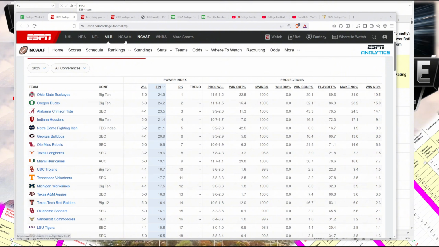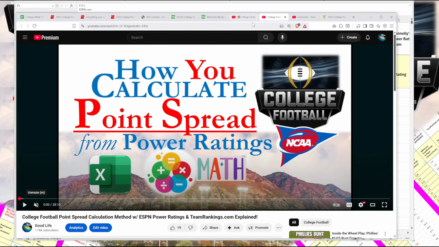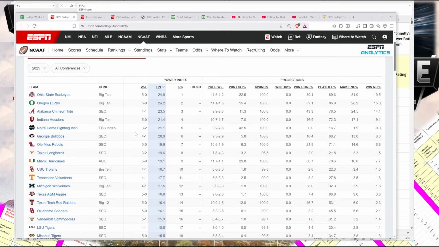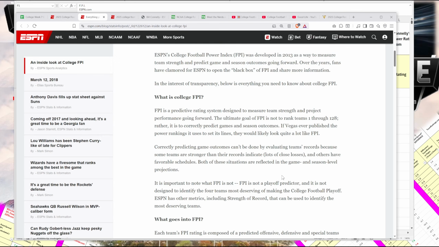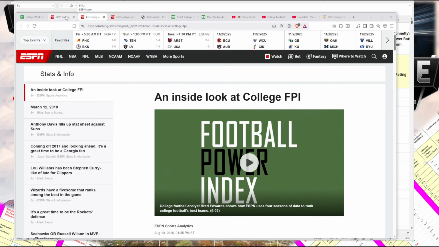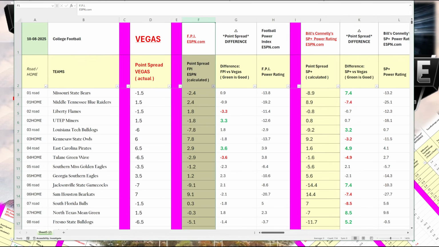And so again, if you go to this video here and here, I go into a deeper discussion as to the meaning of these power ratings. But basically, they're used to calculate the point spreads. And ESPN basically even says it on their website that the FPI is designed to calculate point spreads. It says Vegas, setting lines, similar to the FPI. So extracting those numbers,